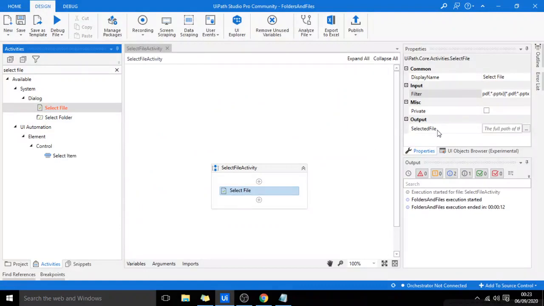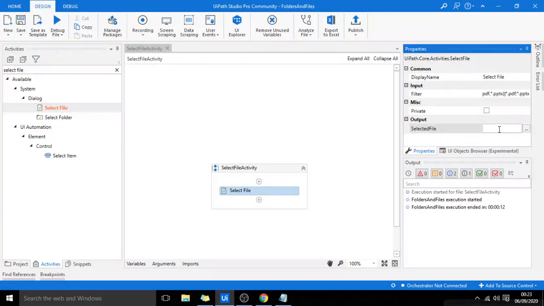Now it has one more property, that is output, selected file. This property will return the full path of the file that we have selected from the dialog box. I will create one variable over here by pressing Ctrl K, selected file.